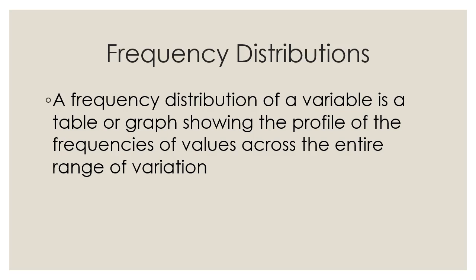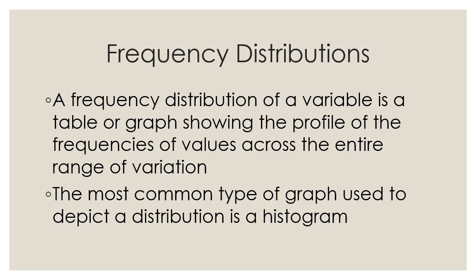If you have blood cholesterol and your data range from 110 milligrams per deciliter to 450, a frequency distribution will tell you how many people fall within each value of cholesterol between 110 and 450. The most common type of graph used to depict a distribution is a histogram,